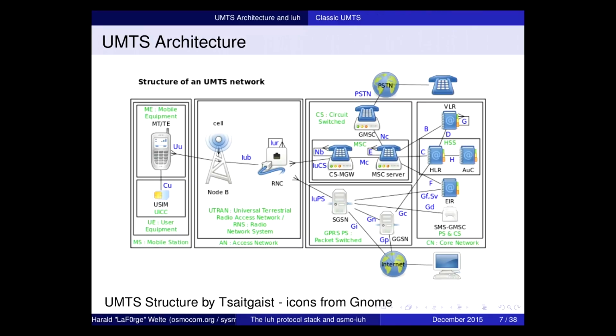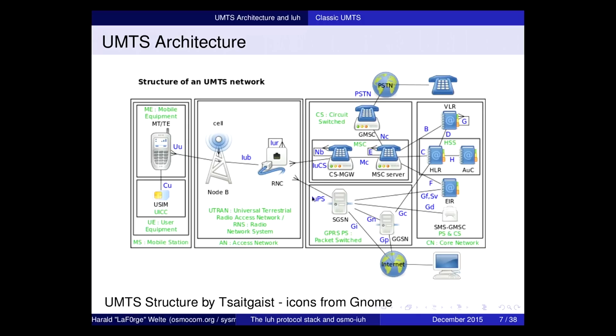So if we look at the UMTS architecture, like you find it in a textbook or like in this particular slide or drawing from Kevin, you will find several network elements all over the network, so lots of different elements with lots of different acronyms. We have a mobile equipment, which is the telephone. We have a radio interface called the UU interface. We have actual base stations called Node B. And we have a base station controller that's called the radio network controller, the RNC.